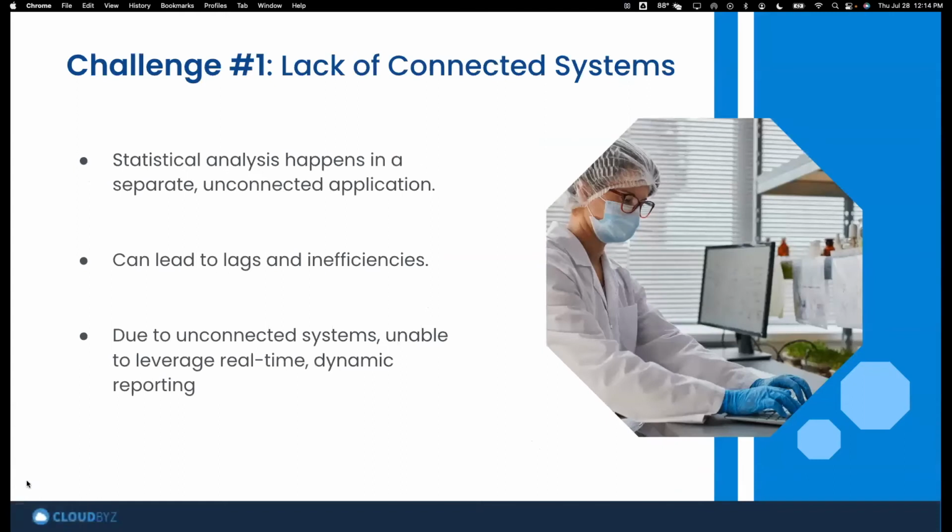Challenge number one, and we see this really all across the clinical trial space, and this is of course also why Cloudbyz really exists as a company, is the lack of connected systems. Oftentimes statistical analysis is happening in different systems, whether we're talking about SAS or perhaps R, where we're getting a data dump, or maybe it's an ETL connection. But these are really not connected in the way that we're going to be talking about here today. So they're happening in a separate unconnected application, and this can sometimes lead to issues around lags,